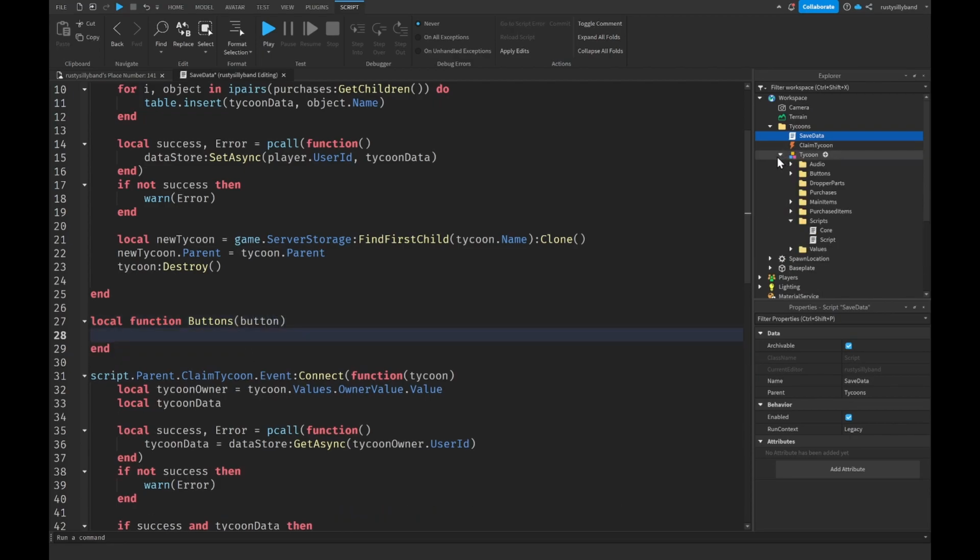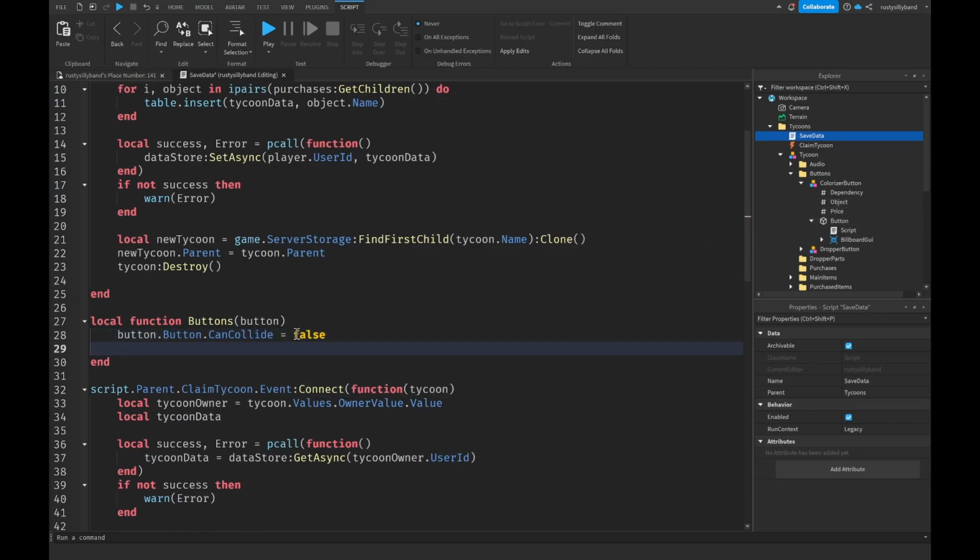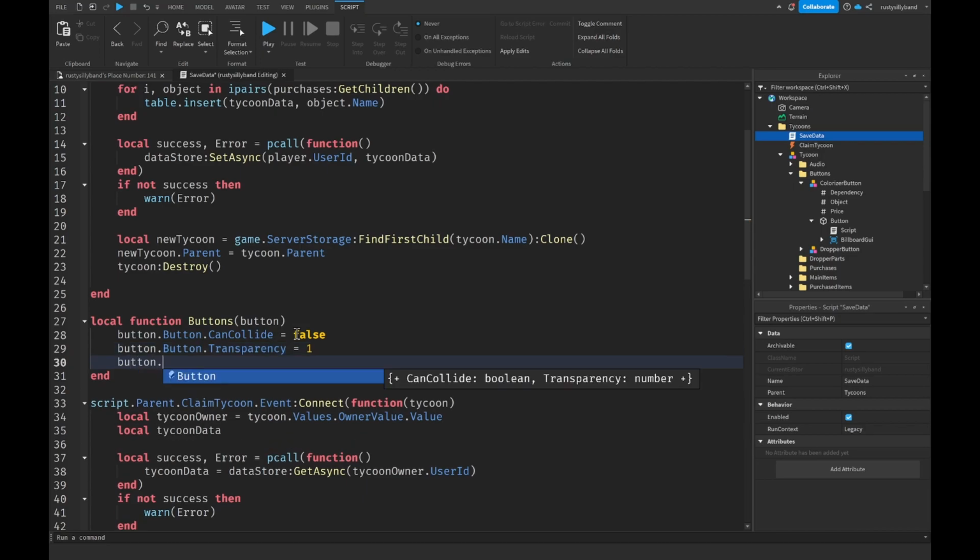We open up our Tycoon model, open up our buttons folder, and then open up one of our buttons. Let's grab our button, open that up. You can see that we have a button part inside of our button model, and inside of that part we have our billboard GUI. So what we want to say is button.button, that's getting our button part. Then we want to say .CanCollide will be equal to false, and button.button.Transparency will be equal to 1,